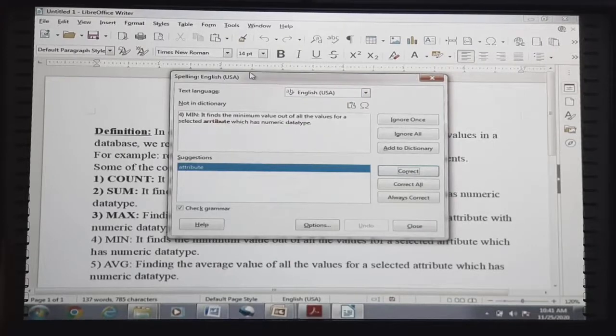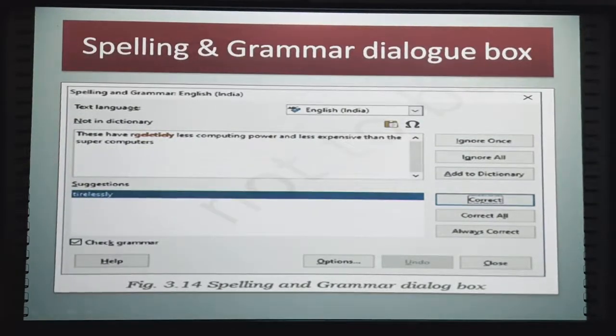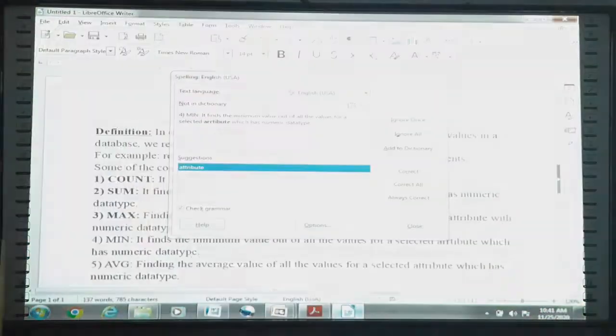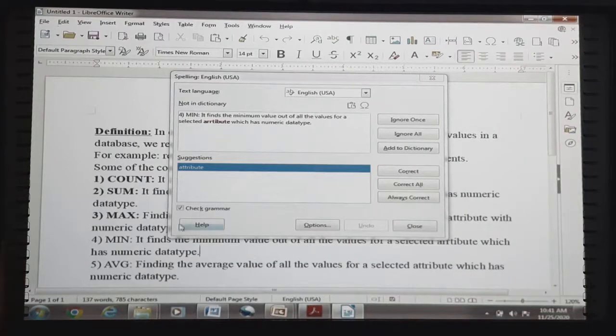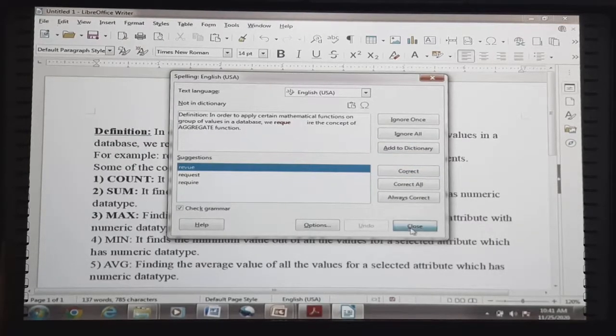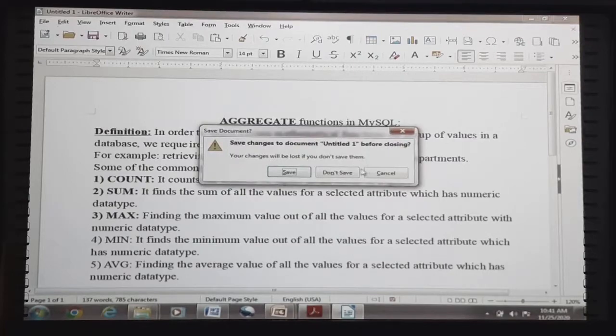See, this is our spelling check window. This is our spell check window, a dialog box by means of which we can check if any errors are there in our document. Based on our suggestion, suppose any error has crept in, it will show suggestions for correcting. So see here, correct, yes, close. It will simply do the correction work. Fine. So this is about the spelling and grammar check tool.